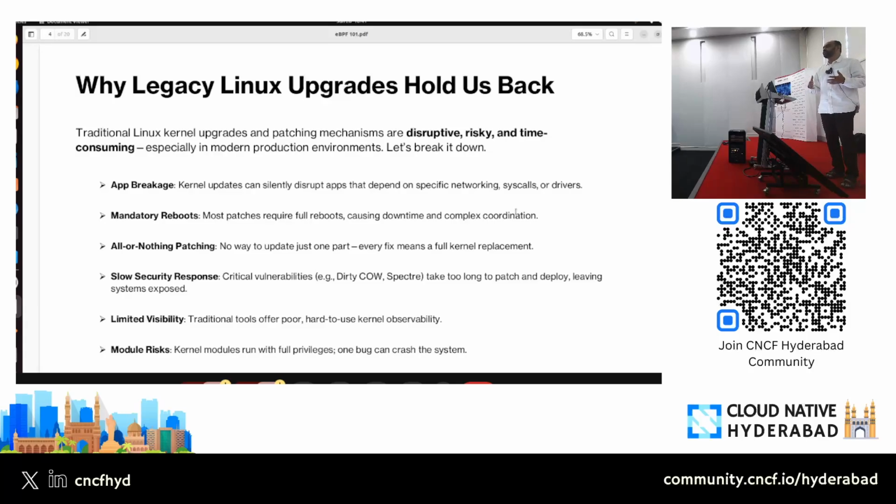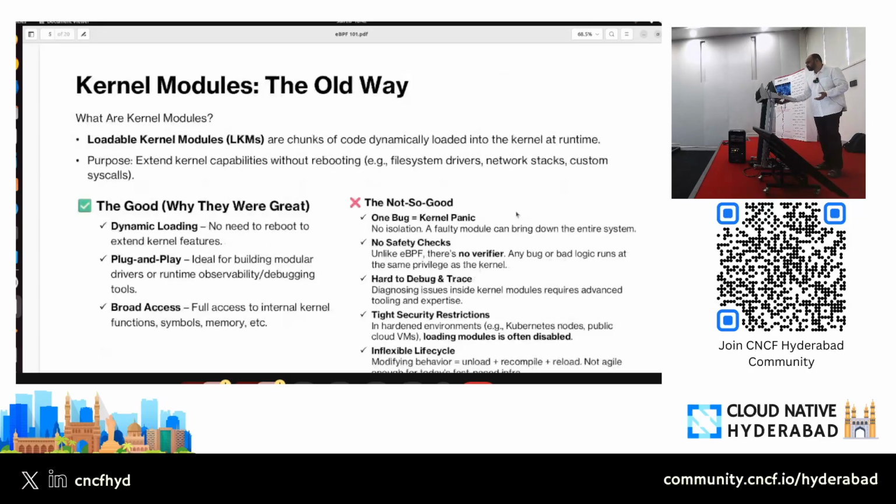We require more features, and then you go back and again submit a feature request. Or probably you write your own Linux kernel and want to patch it. So it's a very painful process. This is the typical kernel upgrade: after patching or developing some part of the Linux kernel, it's a very painful process.